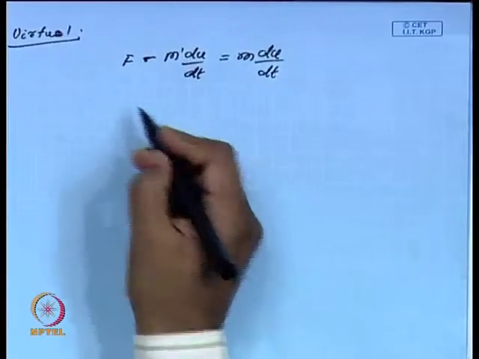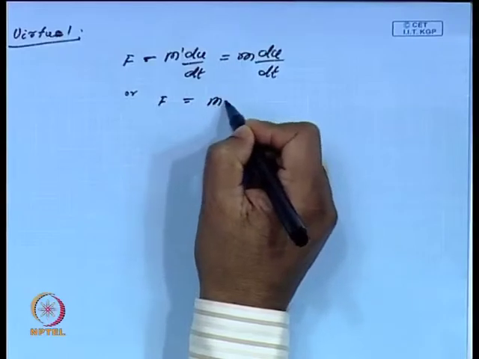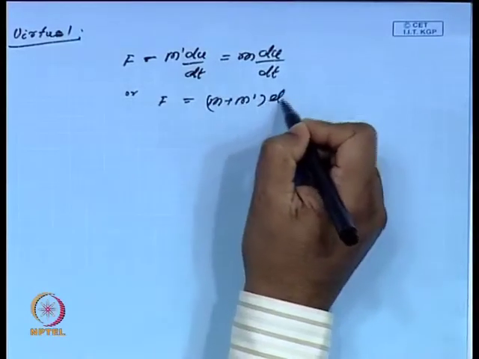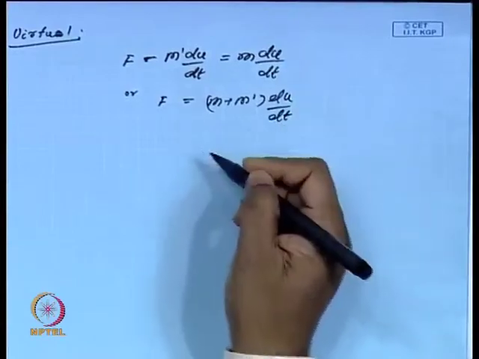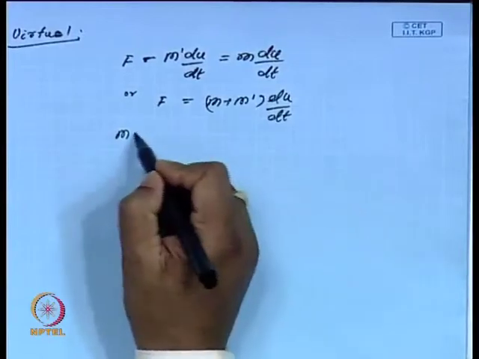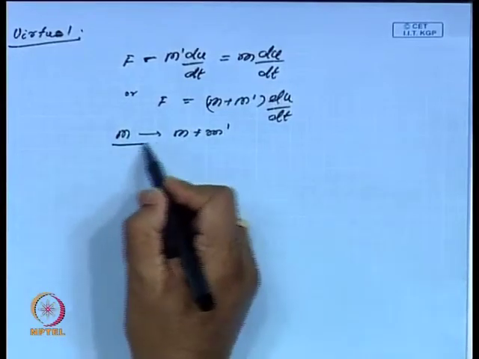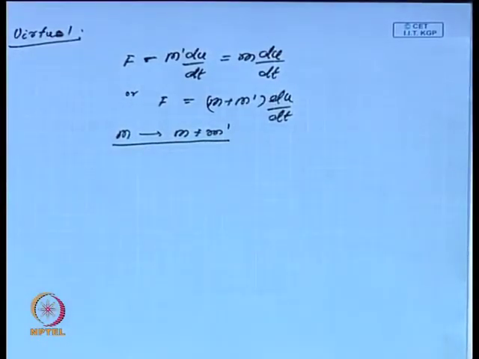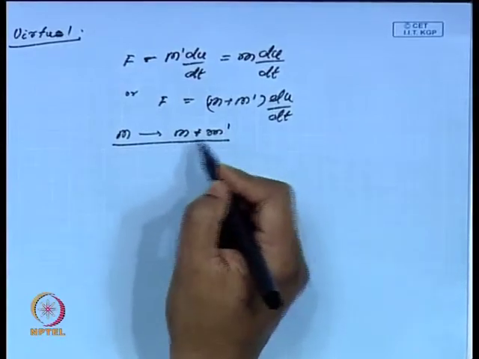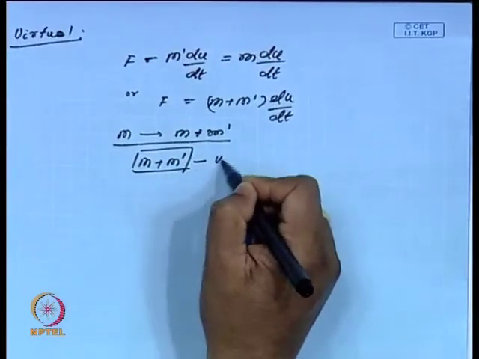So, what is happening, I call it F equal to (m plus m prime) du by dt. When I say this, that means m is the mass of the cylinder, and that is increased to m plus m prime when the cylinder is inside the fluid, and this m prime is nothing but the mass of the liquid displaced. This m plus m prime together is called the virtual mass,